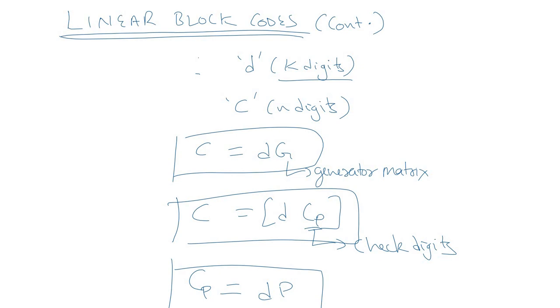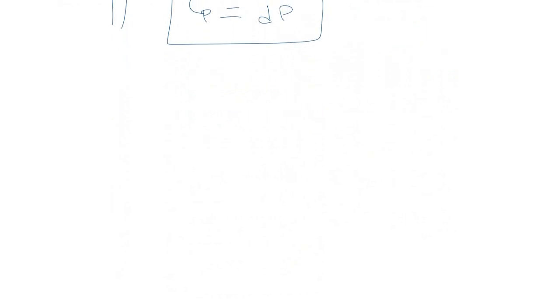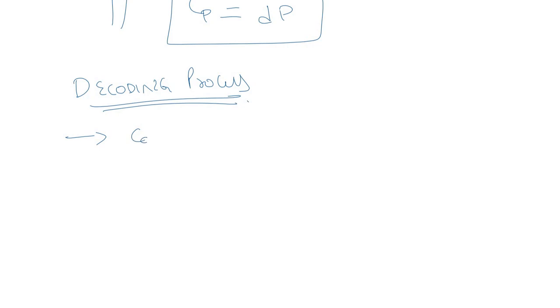So this was all about how to generate a code word which is to be transmitted. Now comes the next step: how to decode this received code word. Decoding means we need to retrieve back our original information with the knowledge of this code word that is being transmitted. Okay, so now we'll look at the decoding process. Let us consider some code word properties.